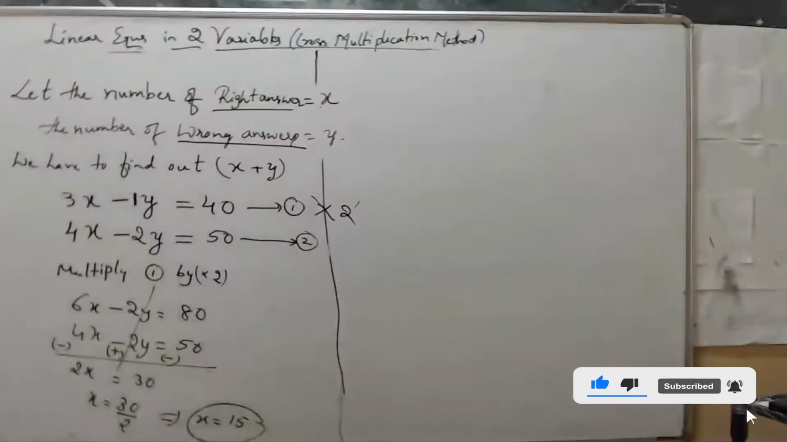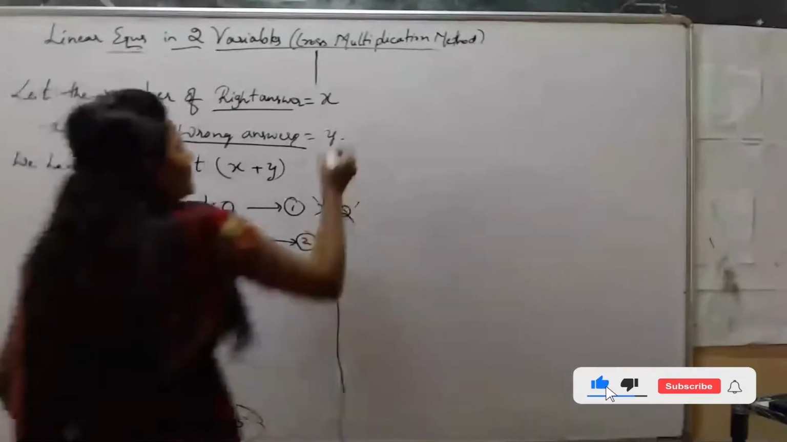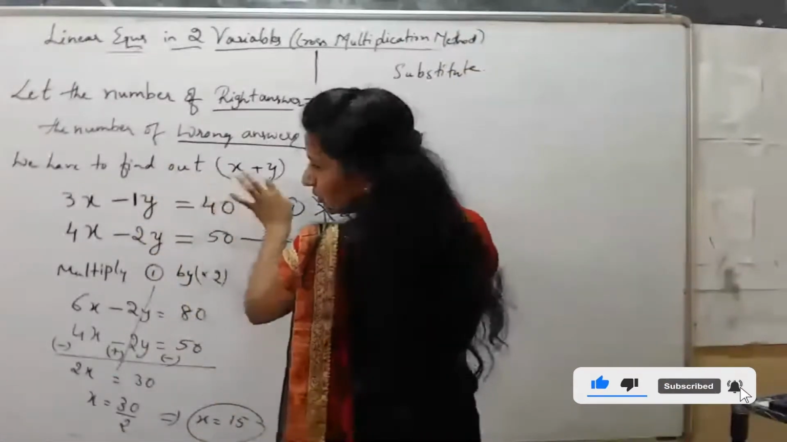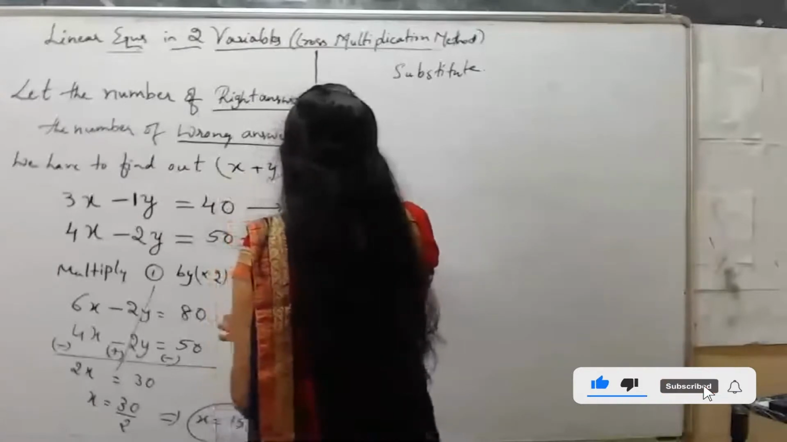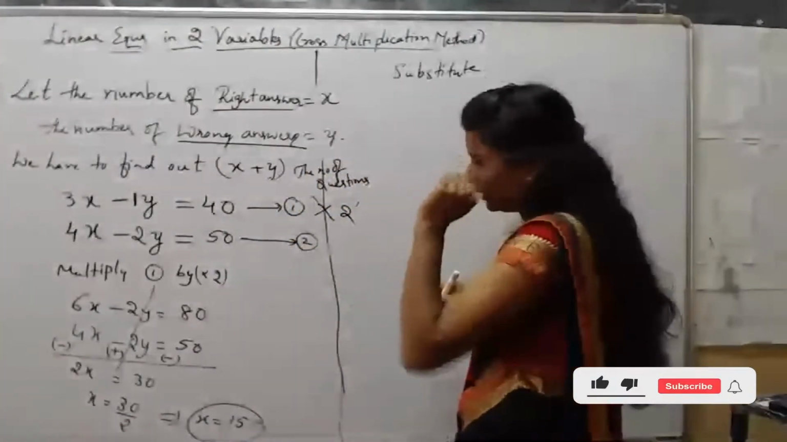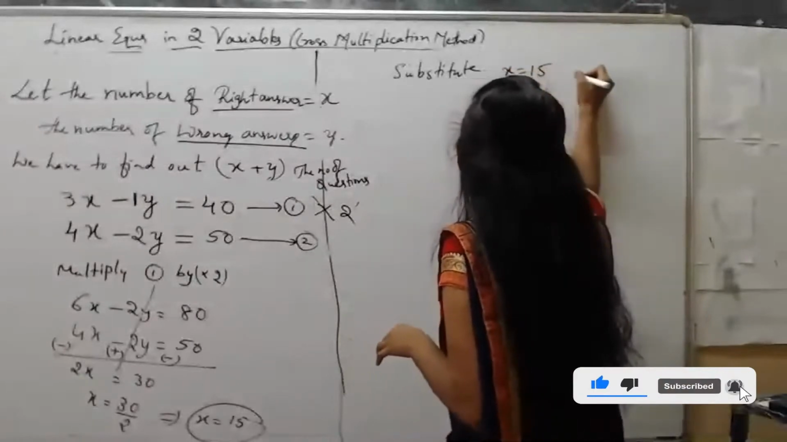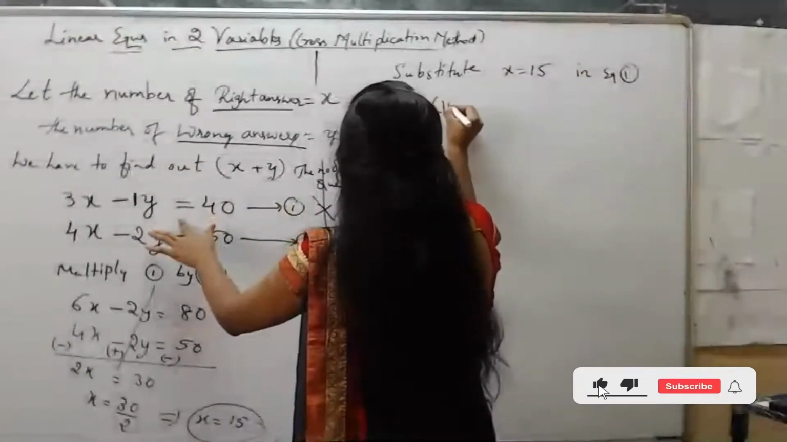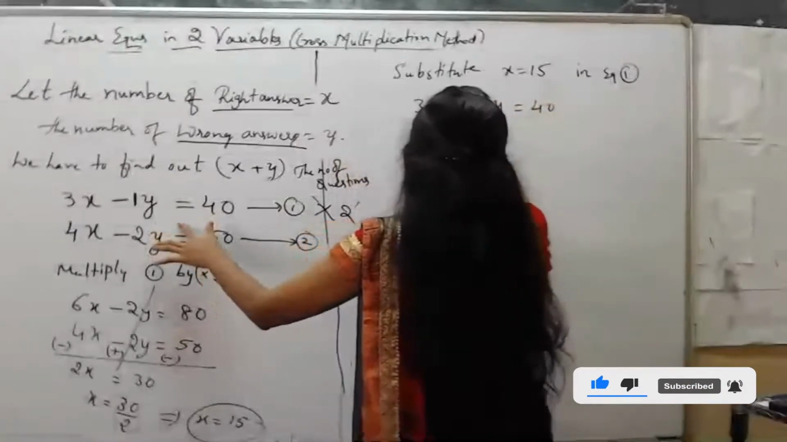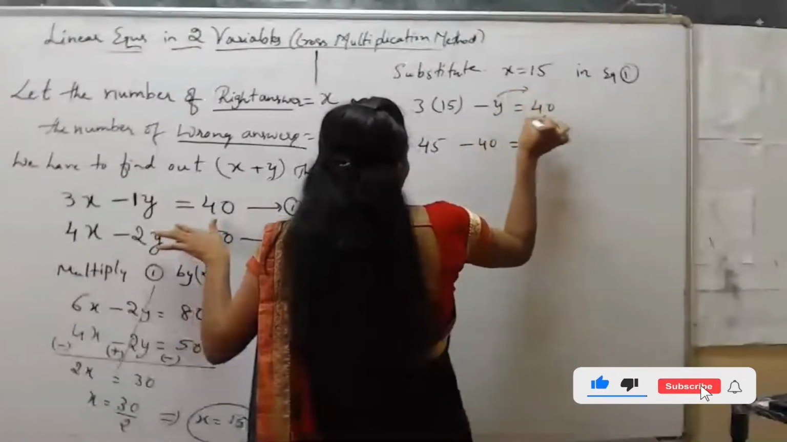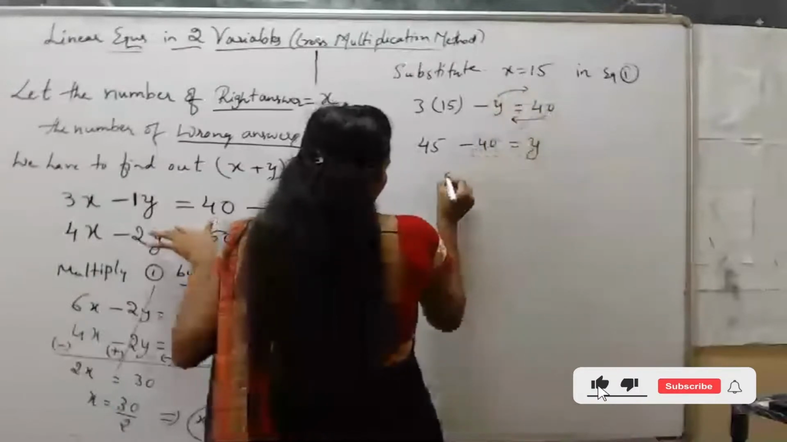Now to get y, we have to substitute x is equal to 15 in any of these two equations. We have to find the total number of questions, and x plus y means the number of questions. Substitute x is equal to 15 in equation 1. 3 into 15 minus y is equal to 40. 15 threes are 45, minus 40 is equal to y. This is going to the right side, this is coming to the left side. Minus becomes plus, plus becomes minus. So y is